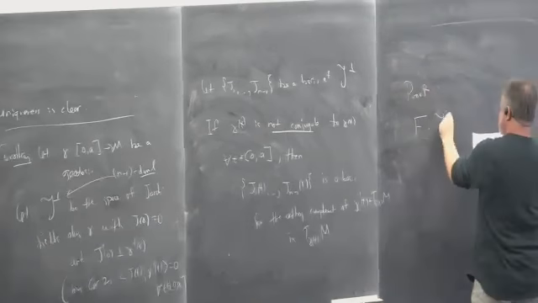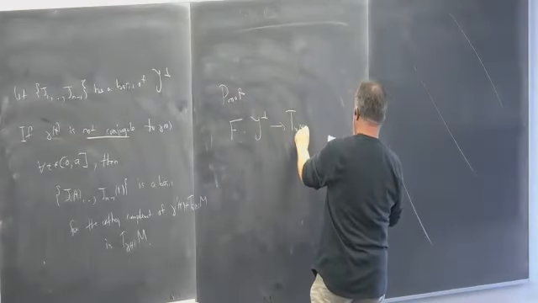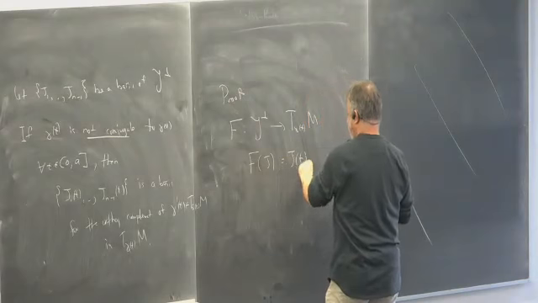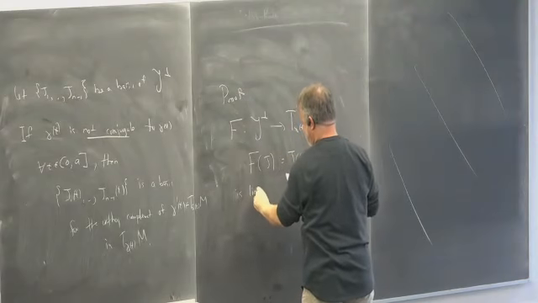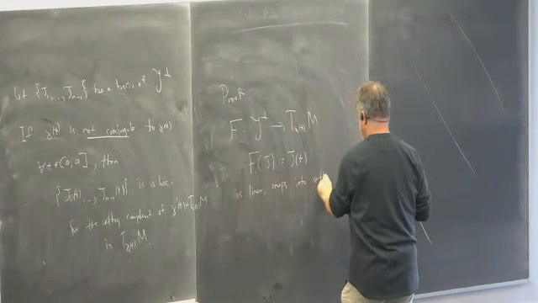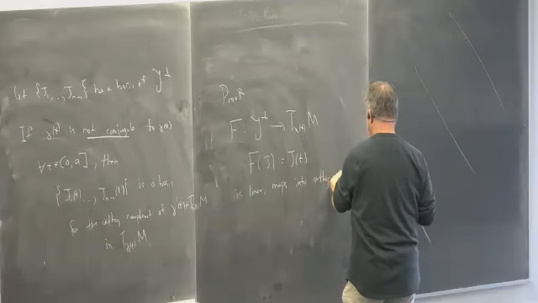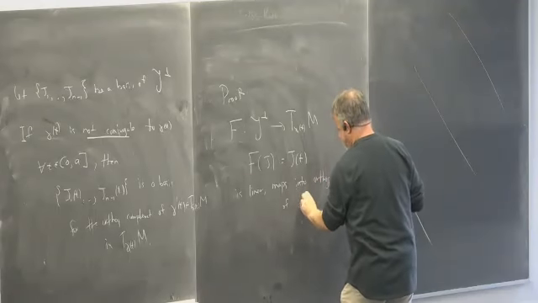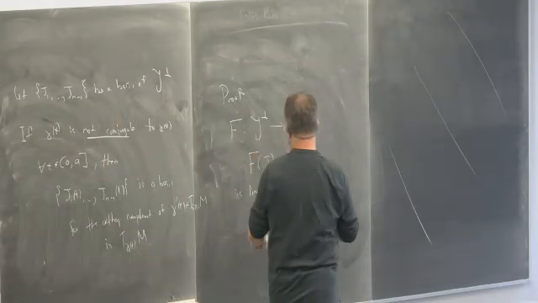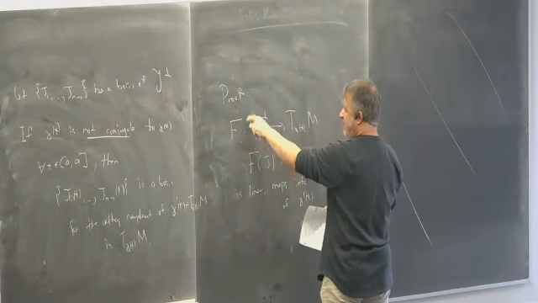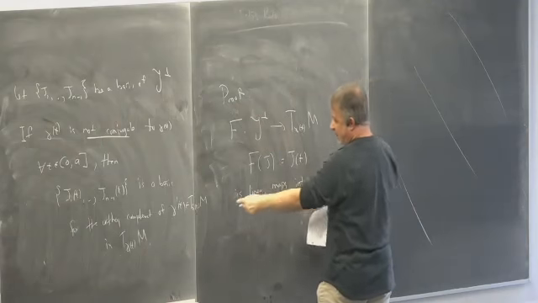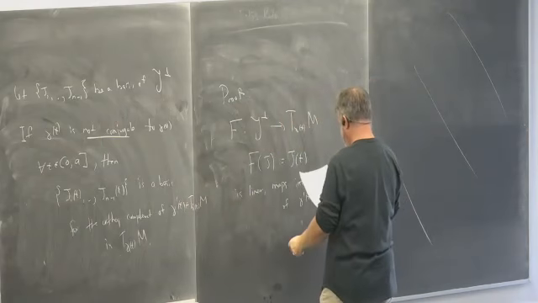Let's define f from J perp to T gamma of t of M, where f of J is just evaluate at time t. This is linear. It maps into the orthogonal complement of gamma prime of t, because the value at time t is always orthogonal to gamma prime of t. So this is mapping from this n-1 dimensional space into the n-1 dimensional subspace of T gamma of t of M, which is orthogonal to that guy, and